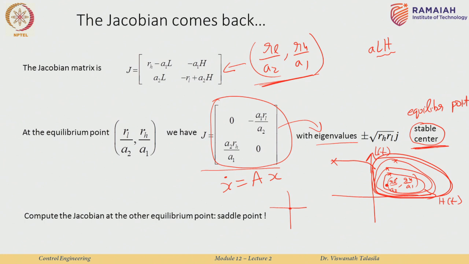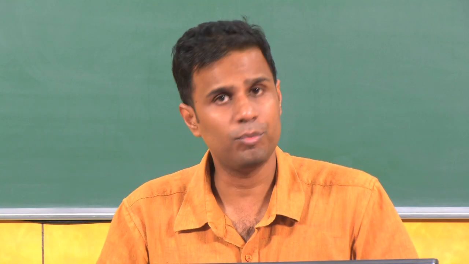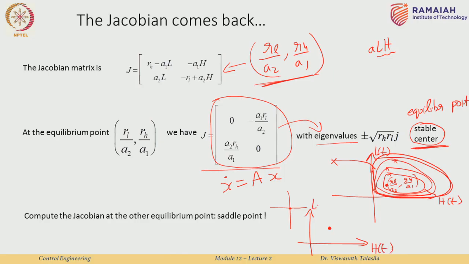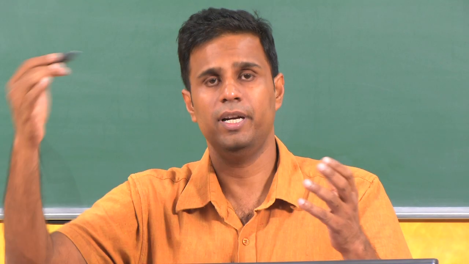So, the concept of a stable center is that you have an equilibrium point as before. If you start your dynamics initial condition at the equilibrium point, the dynamics will always stay there. You start anywhere else in a neighborhood of the equilibrium point or anywhere else in your phase space, that is the space of your state variables, it will be a closed orbit around that equilibrium point. And we will see very quickly that these closed orbits basically mean that the dynamics are oscillating with respect